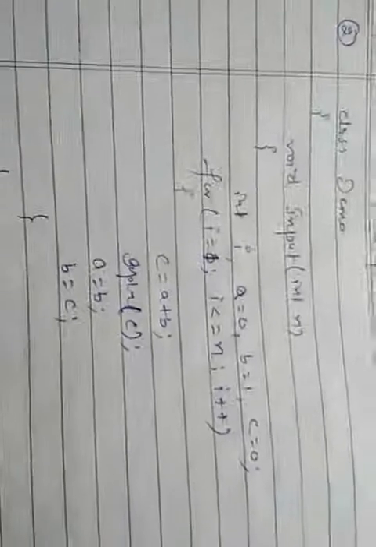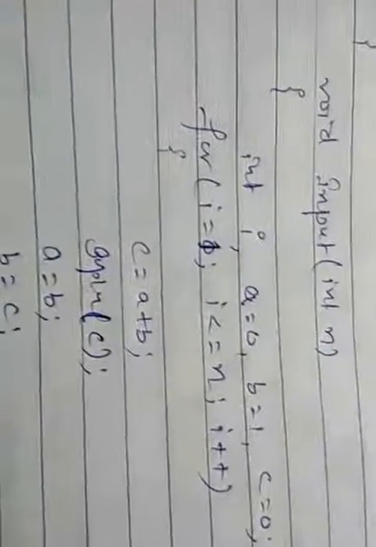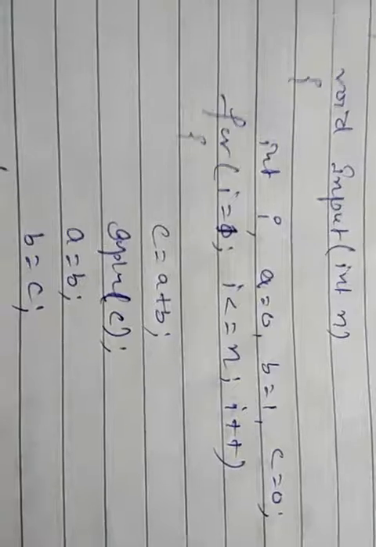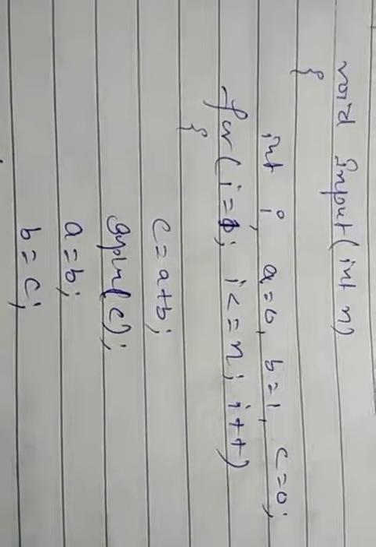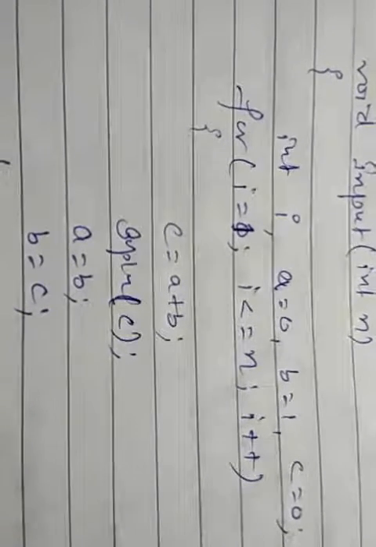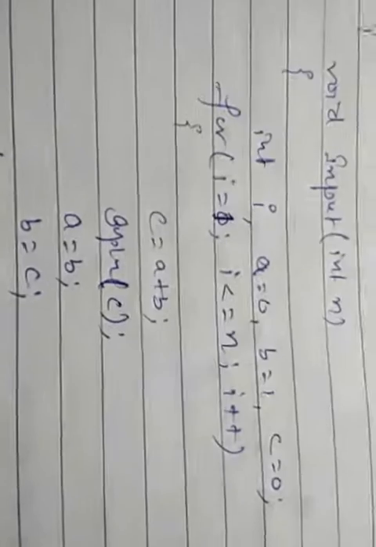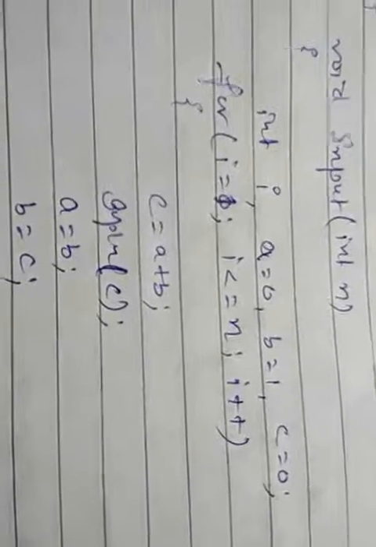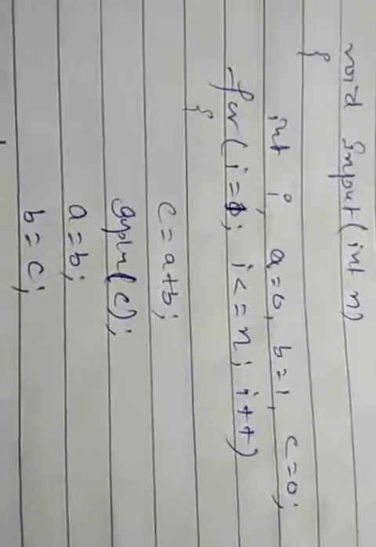So here we are making a class demo, void input, and in this we have to input the limit of the Fibonacci series. For that we require the variables a, b, c, and the initial value of a is 0 and b is 1. So the first value of these two numbers will come as 1 by adding these numbers, and the loop is executed from 1 to n.